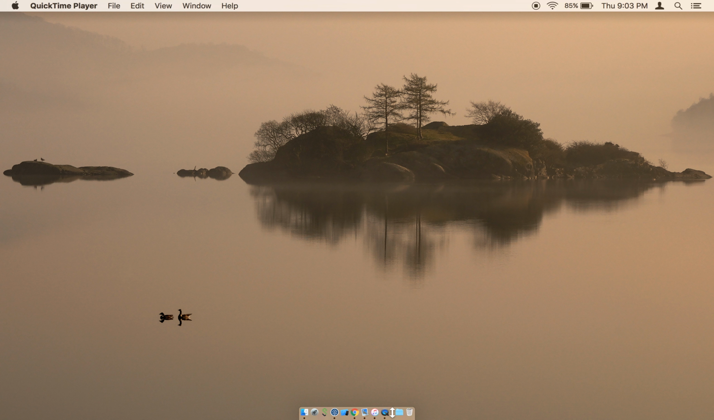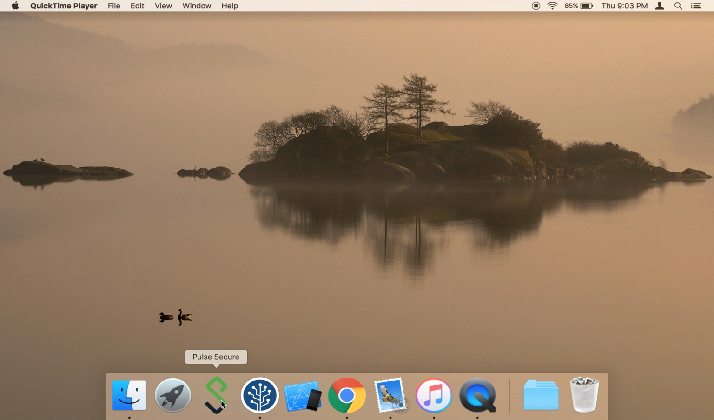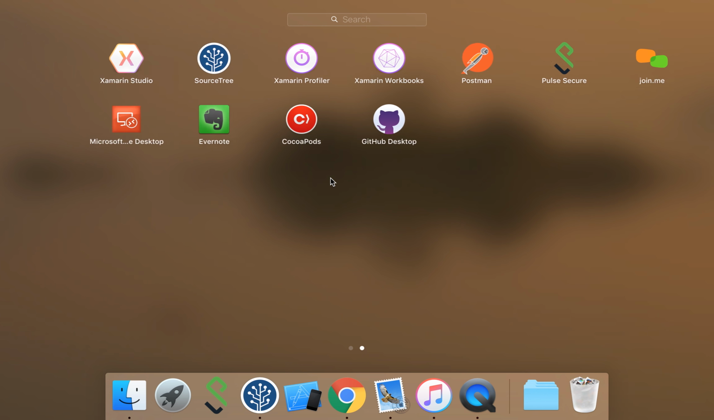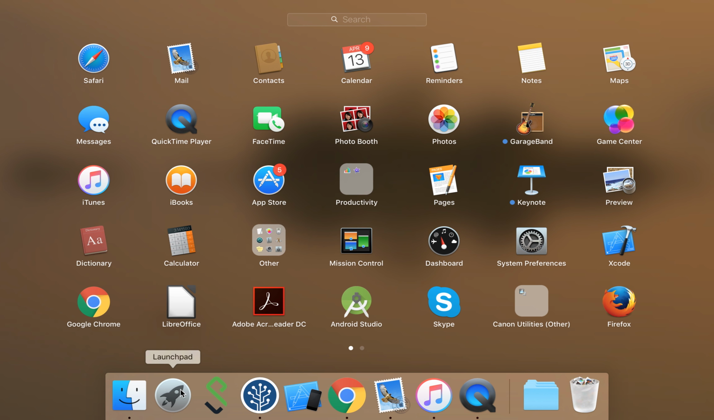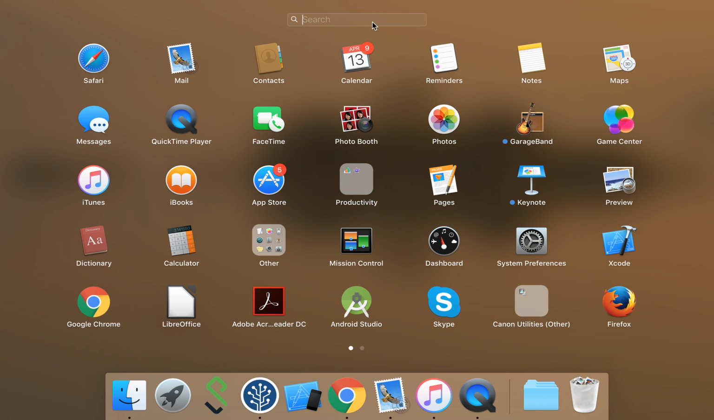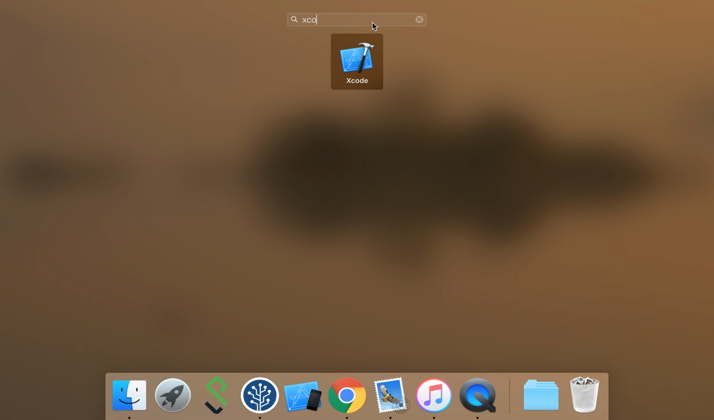On the MacBook, the launchpad is the main one, which is equivalent to the Windows start menu, where you can find all the apps. It is like your home button. Click on that launchpad, and you have a search. In search, you can just type whatever you want. The app which you have installed will be available here. My Xcode is already installed, so I'm going to open my Xcode here,